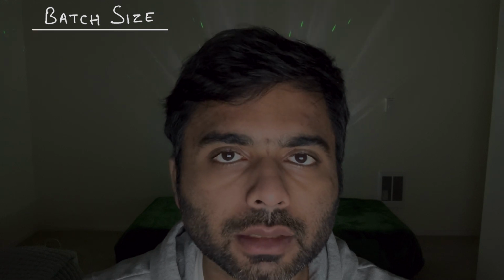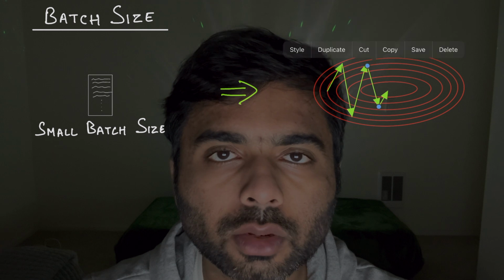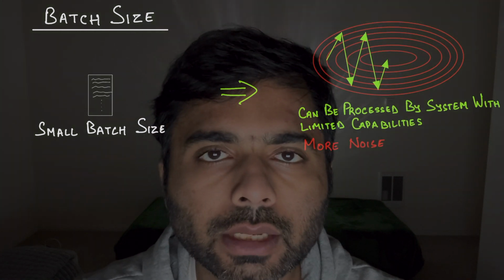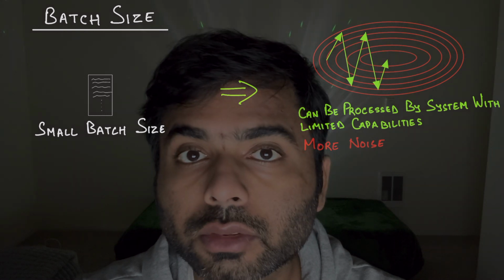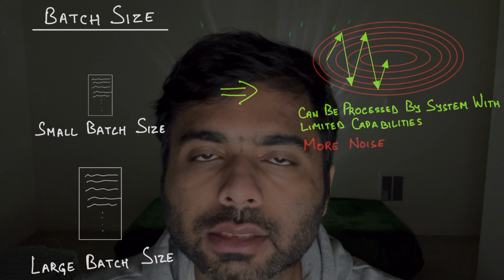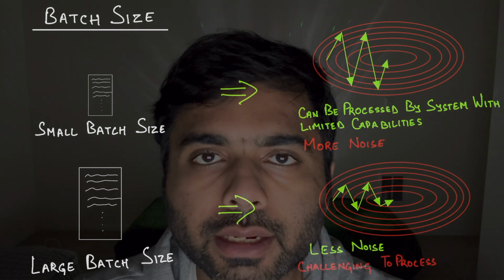The number of data points in each mini batch is called the batch size, which is a tunable hyperparameter. Choosing an appropriate batch size is crucial. Too small and you will increase the noise while reaching the solution. Even though the right amount of noise is helpful in reaching the optimal solution, too much noise will deviate you from the path. On the other hand, a batch size too large can cause issues in calculating the gradient by the